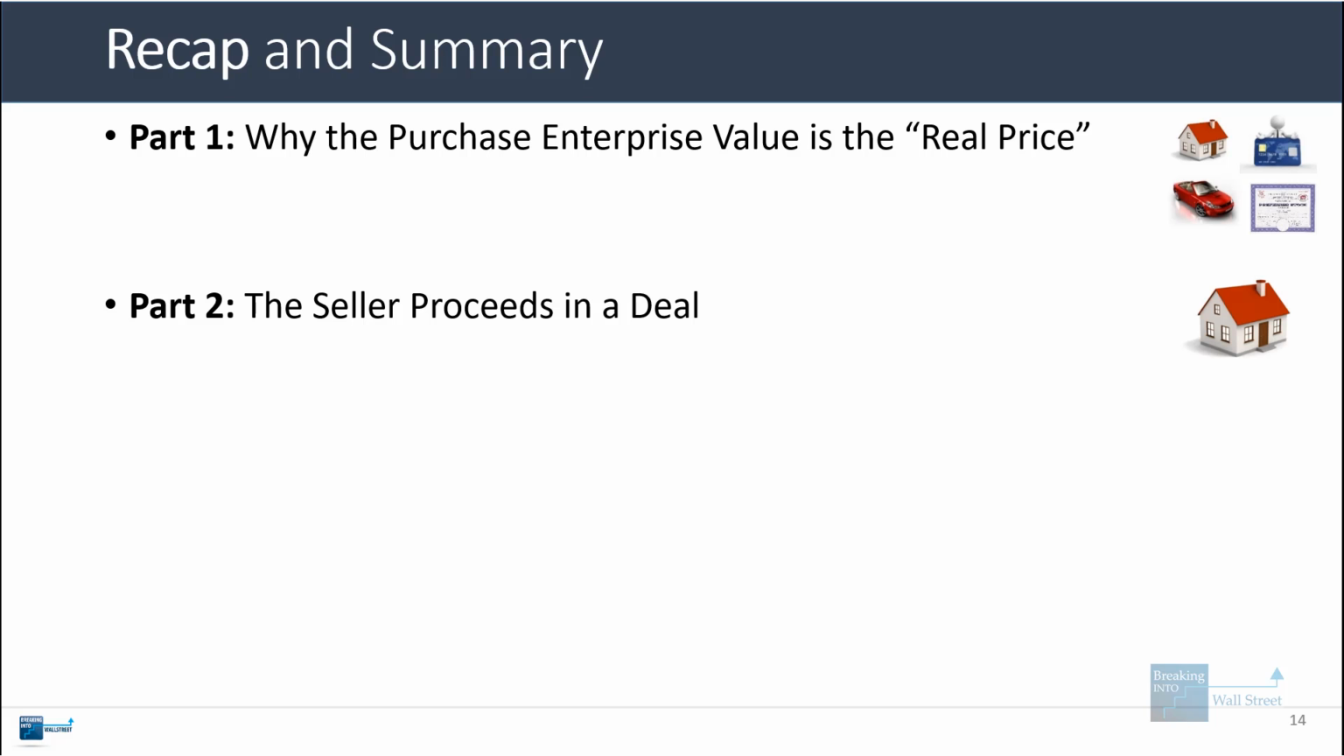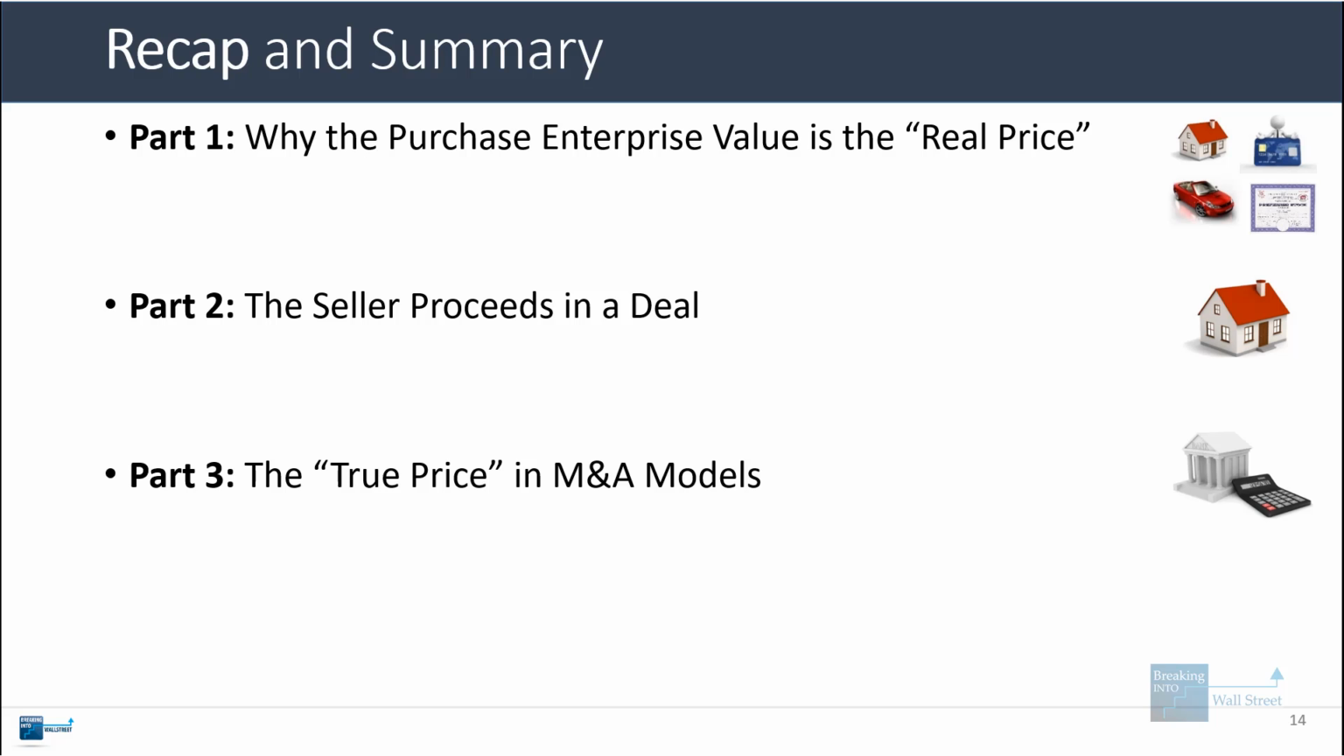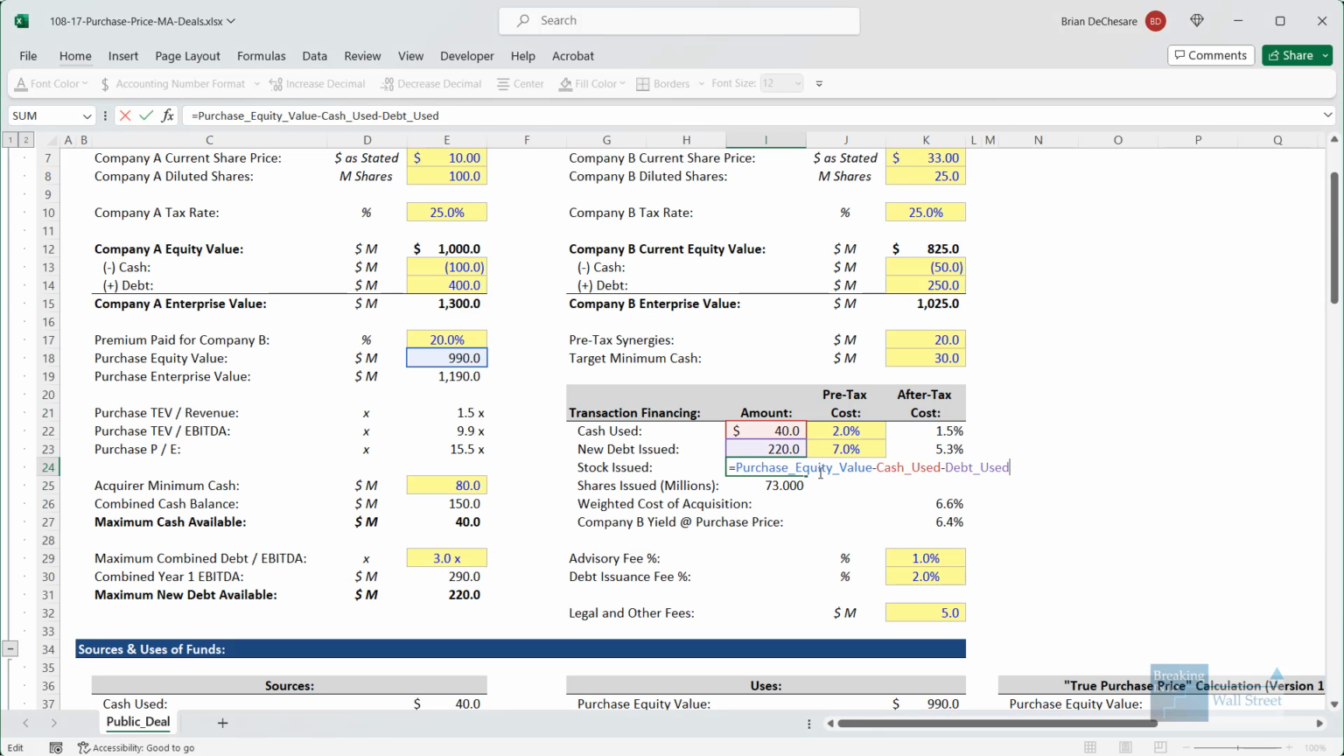The seller proceeds in the deal are always the purchase equity value for reasons we went through. In public deals, it's very straightforward. In cash-free, debt-free deals for private companies, this happens because of the way the debt must be repaid out of the proceeds, and then the excess cash remaining after that goes to the shareholders. And then the true price in M&A models, you will always calculate the purchase enterprise value. It's just that, as you saw, for a lot of these calculations, including the cash, debt, and stock used and